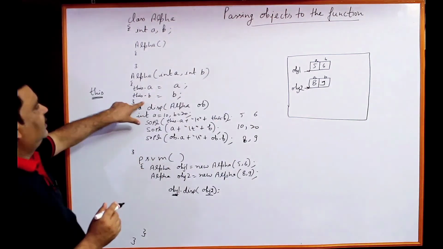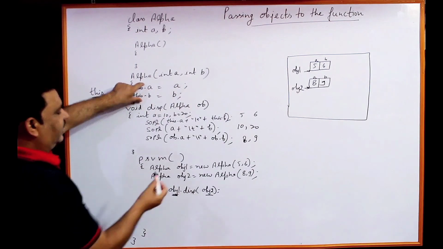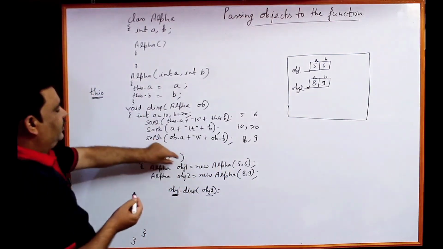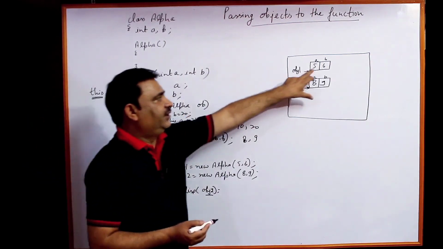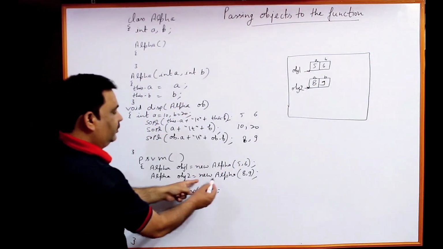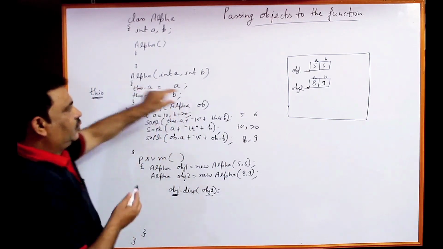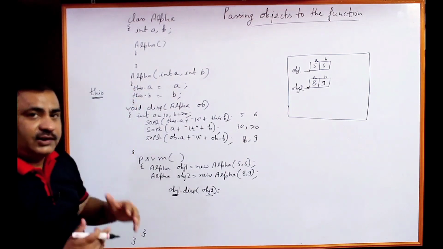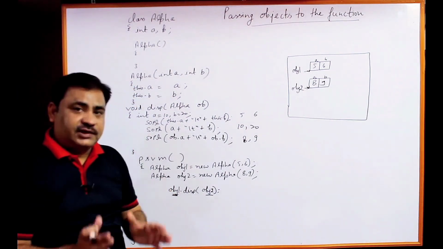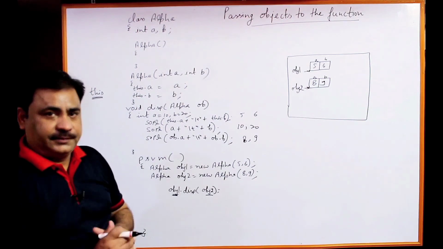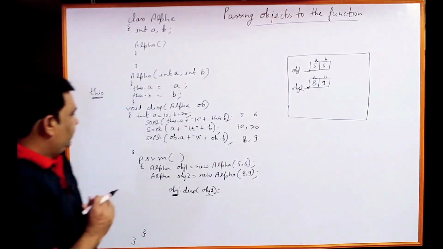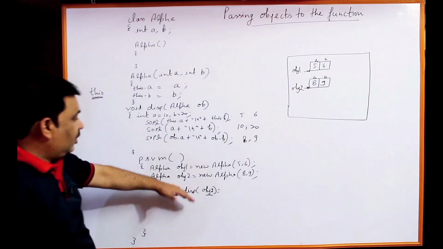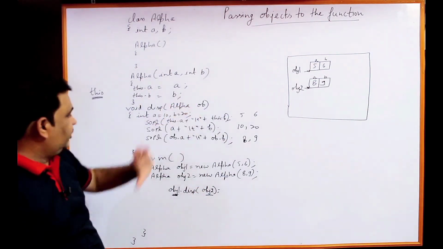Now this is the reference of the object. First of all, when you create obj1, this will belong to obj1, so obj1 will be initialized. Second time when you create object 2, this will belong to object 2, so object 2 will be initialized. So this keeps the reference of the current calling object by which the constructor or function has been called. Now one more thing I am going to explain to you. So this is all about passing an object to the function.